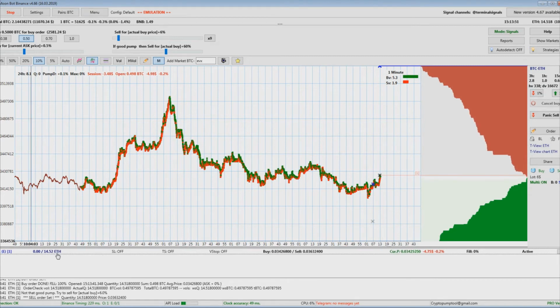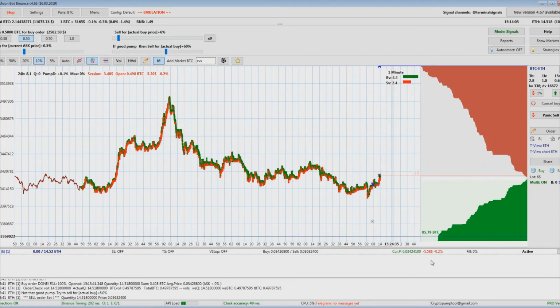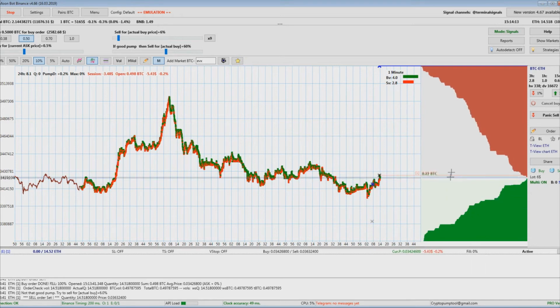So we can see the coin name, whether we have a stop loss on or off, trailing stop or volume stop, buy price, sell price, current price. It can be green or red. If it's green, that means the price is going up, and the profit gain or loss. Right there we have information about order filling. Right now it's not filled, so 0%, and it's